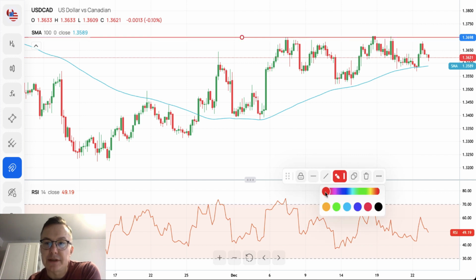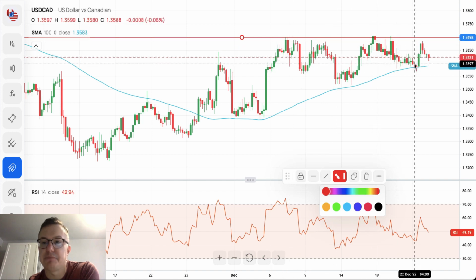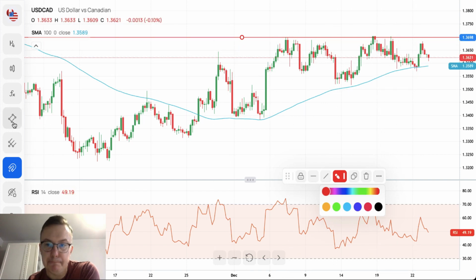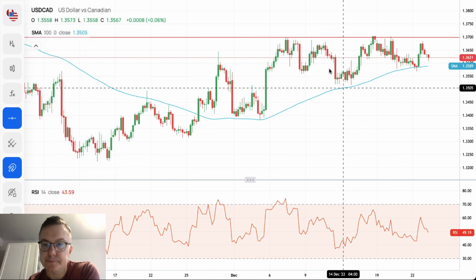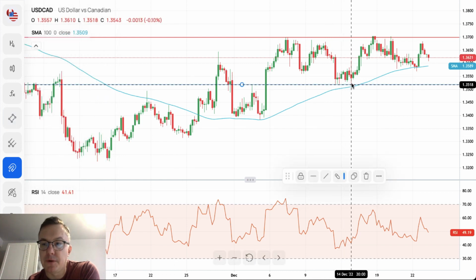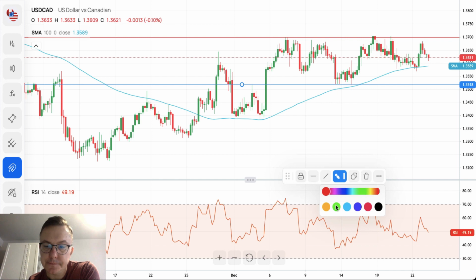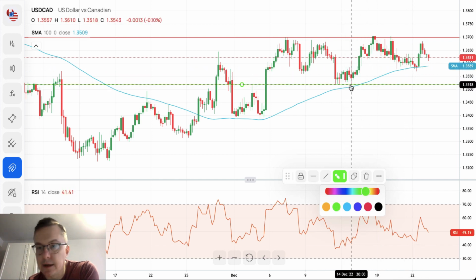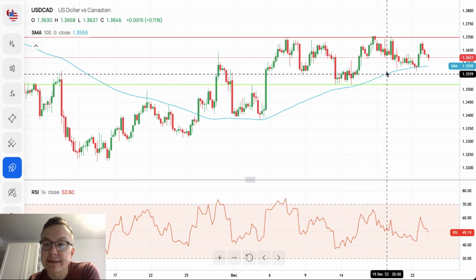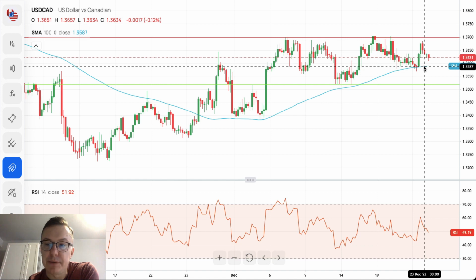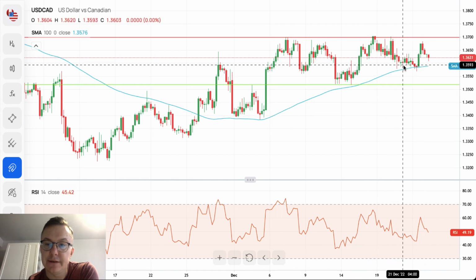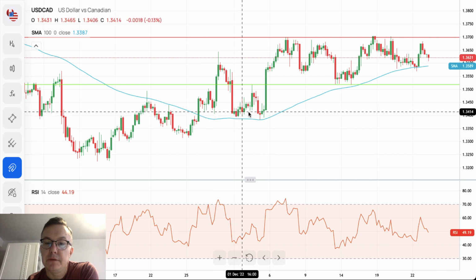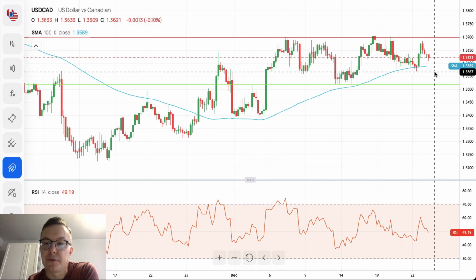The technical resistance located at 1.3698 has been tested many times, but never been really violated. Technical support 1.3518, as you can see, didn't get hit since 14th of December. The market still respects the 100 periods moving average. As you can see here, it starts bouncing from